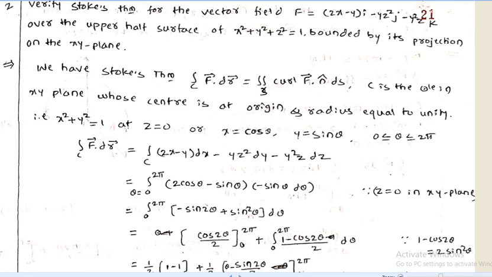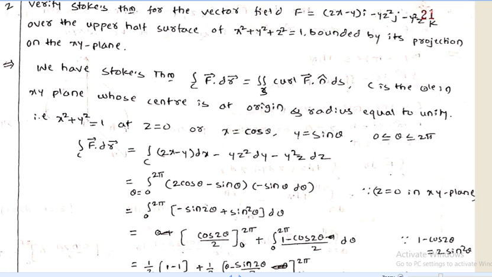So the integration along the curve C of vector f is (2x minus y) dx minus y z square dy minus y square z dz, eliminating i, j and k. Then take the limits 0 to 2 pi, and we substitute x equal to cos theta, y equal to sin theta, that is 2 cos theta minus sin theta,